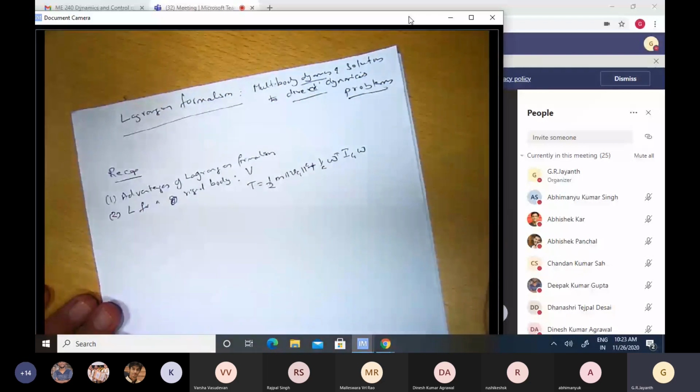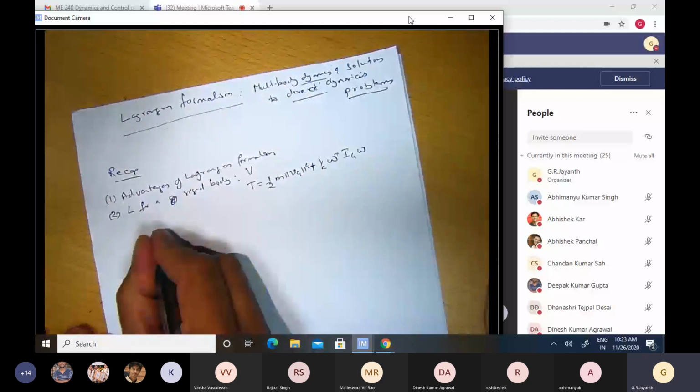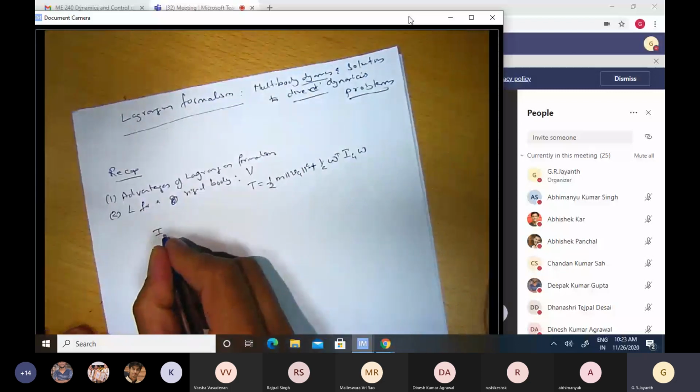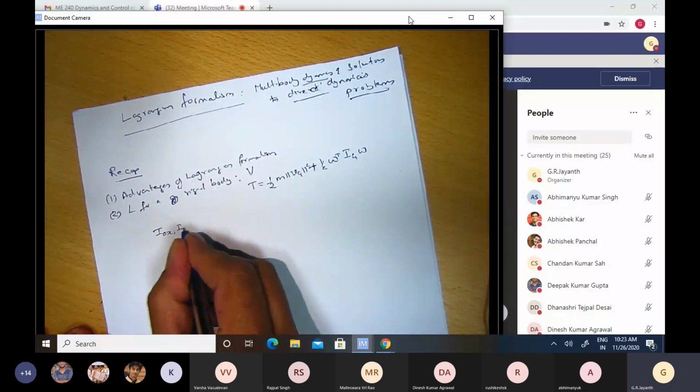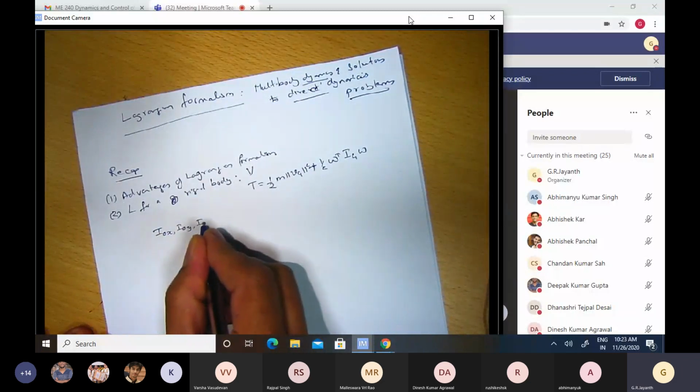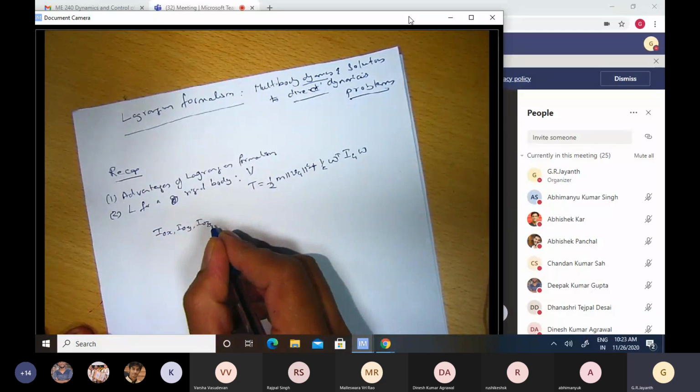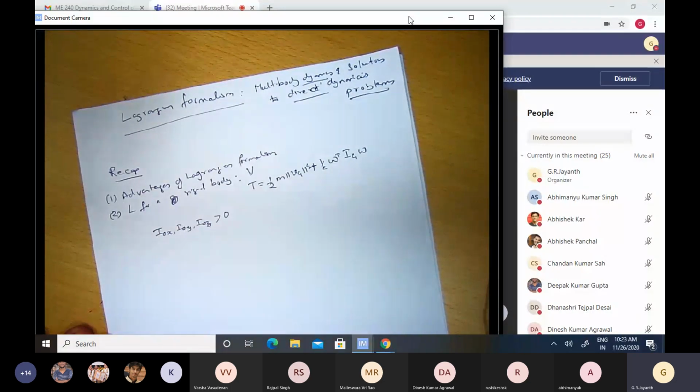And when we focused on the kinetic energy expression, we noted that it gave us this surprising result, that the principal moments of inertia of a rigid body not only are real numbers but are also positive numbers. So all the three of them are greater than 0.